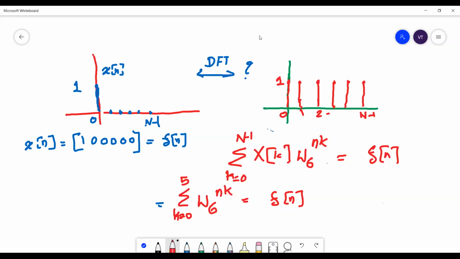You have another name for the discrete impulse. Do you remember that? You talked about two kinds of delta functions. One was the Dirac delta and the other was the Kronecker delta. Do you remember those terms? The Dirac delta referred to delta t and the Kronecker delta referred to delta n. So the Kronecker delta n can be represented as a sum of all frequency samples with the same strength equal to 1. Which means the DC component has got a value 1, the fundamental frequency has got a value 1, the first harmonic has got a value 1. Likewise, till n.